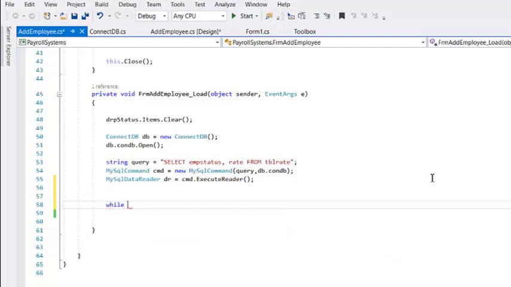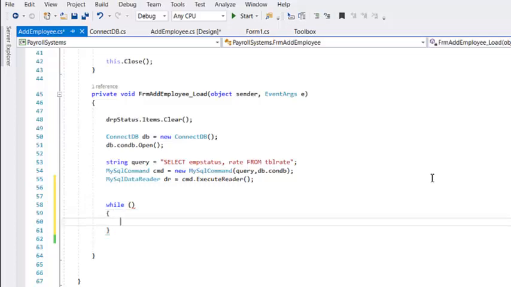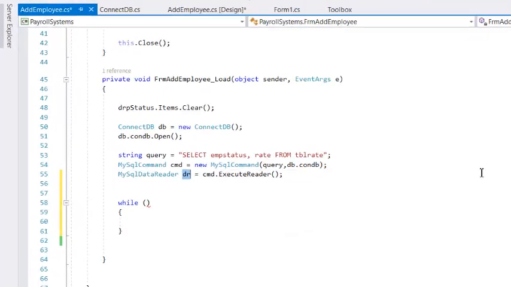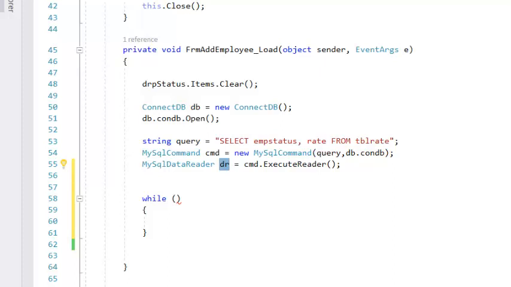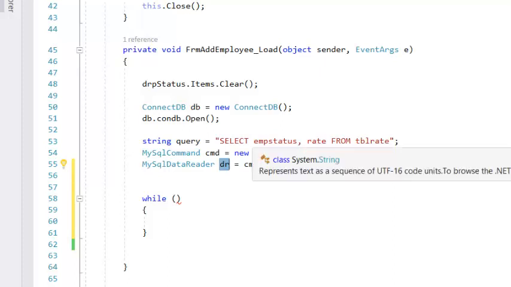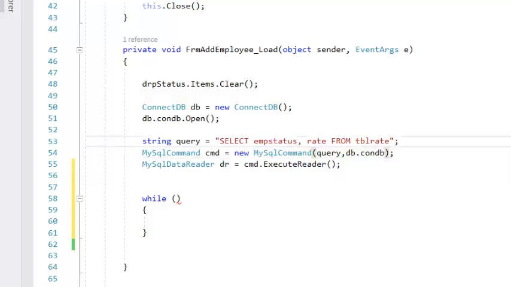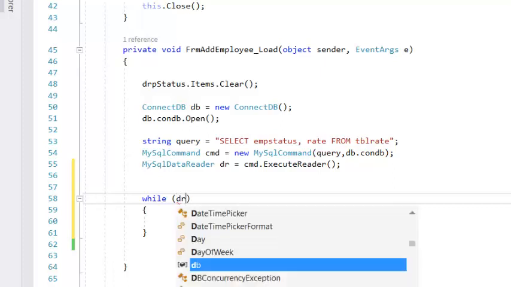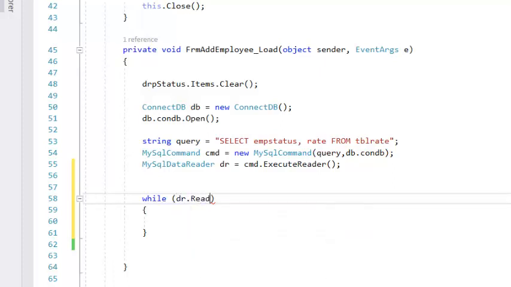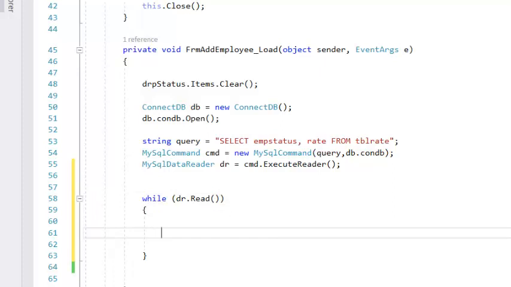While. So i-reread po natin yung laman ng ating data reader, no? Which is itong mga field na to. So naka-array yan. So while dr.Read, hanggang may record or may data pa si dr, so iloloop niya tong body ng loop, no? I-read niya. Tapos